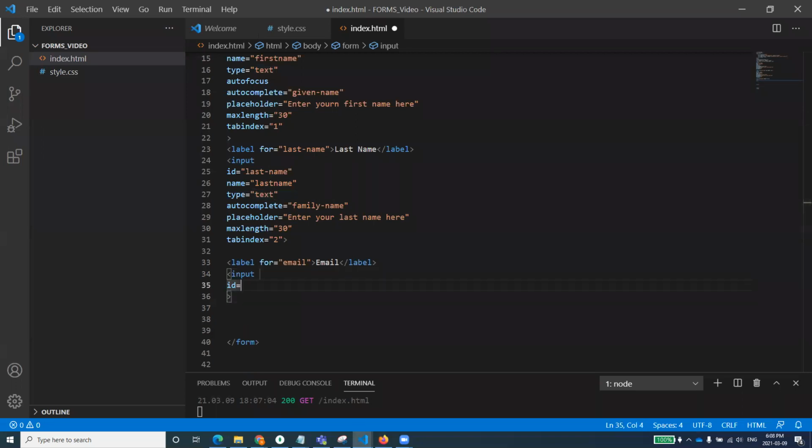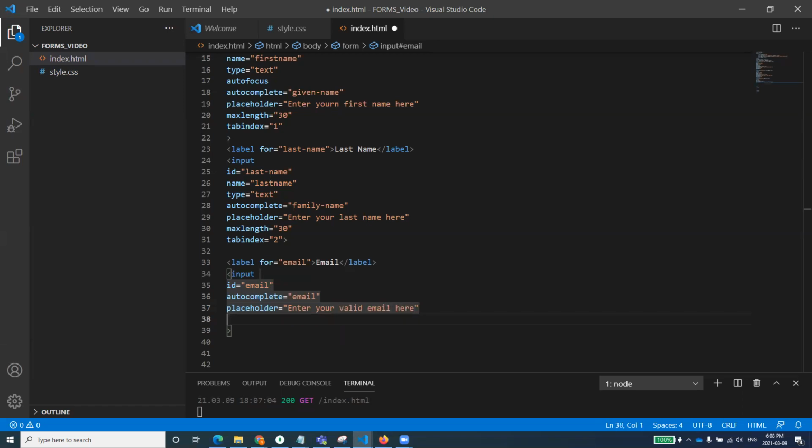So first of all, let's set up the ID so that its effective area is connected to its label. Now the other thing that I want to do is autocomplete. You remember we have talked about autocomplete equal to, this will be email. So it will help the user know what type of data they are entering over here. Now I want to set the placeholder to be enter your email, a valid email, right?